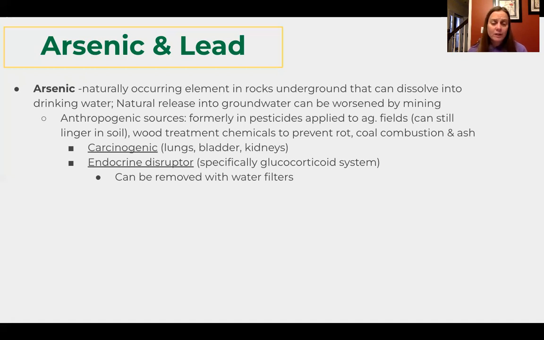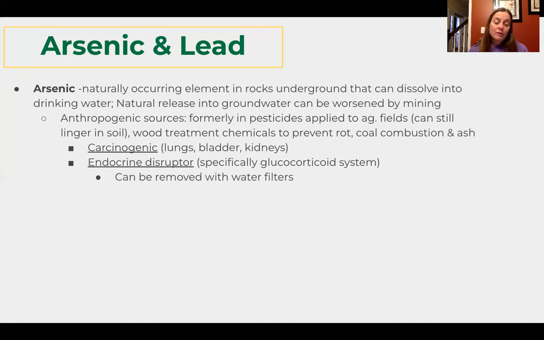Another big contributor to arsenic, and which was a significant contributor in our area, is wood treatment chemicals to prevent rot. And so most wood that was used in this area for building docks and piers used to be treated with arsenic to prevent rot. Unfortunately, that means that there's a lot of wood treated with arsenic that is in the bay and our rivers, and where that arsenic can actually leach into the water. There's also some of it that is released in the combustion of coal or in coal ash.